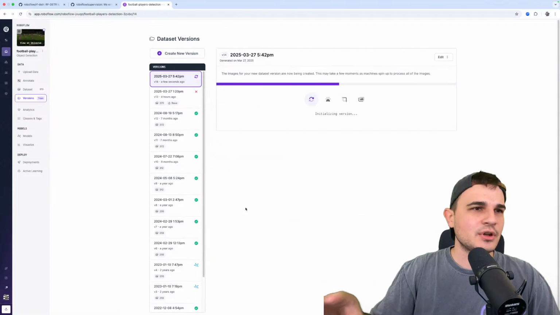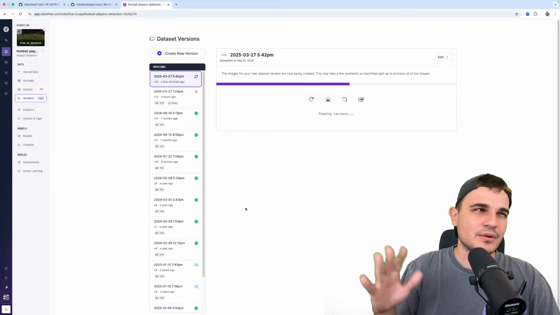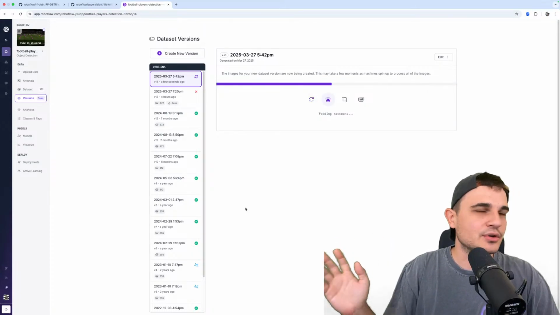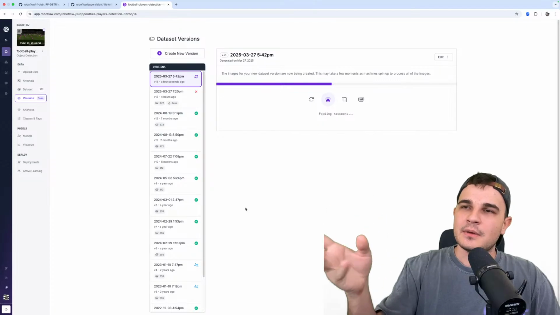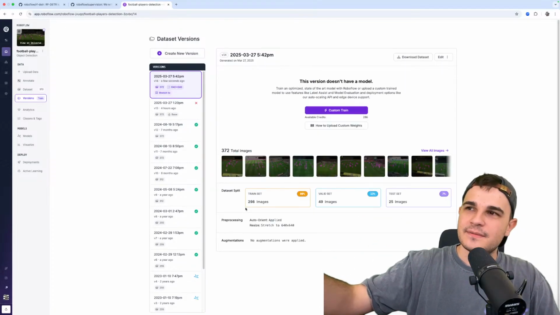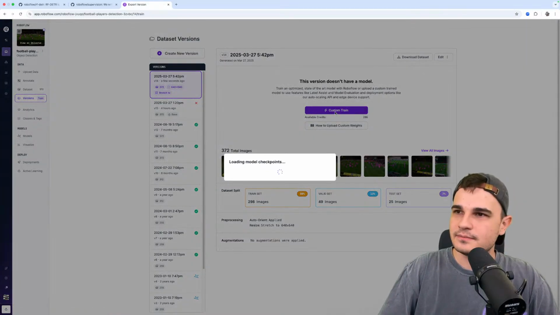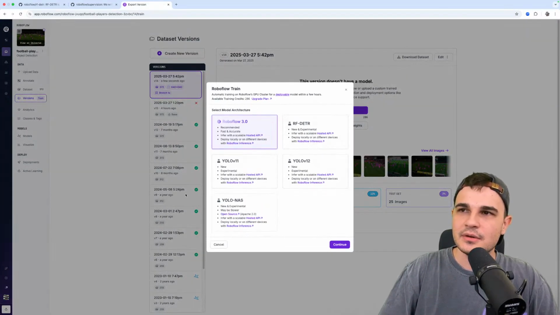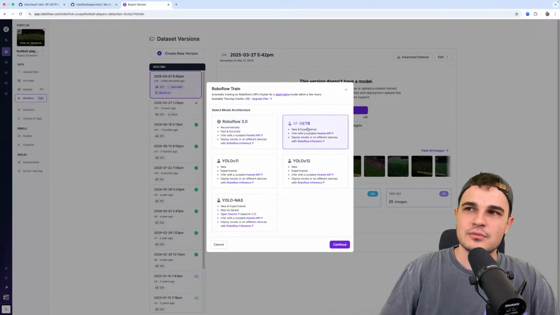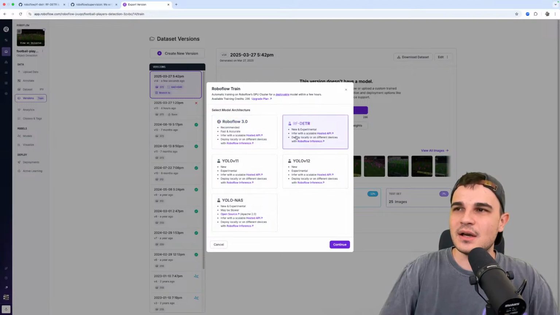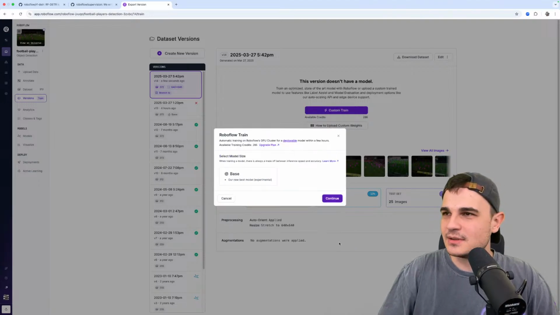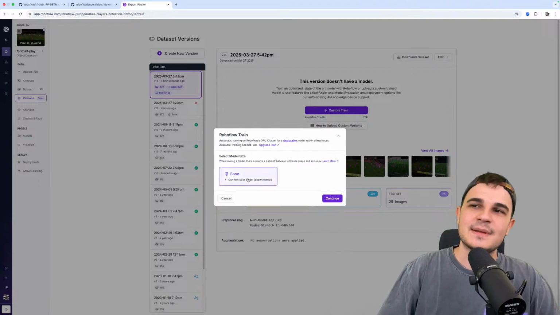So if we talk about training in platform where you don't need to run any code on your own, you need to have a data set, you need to create a version, you have the version, you click custom train, and here you get to choose the options that we support. You choose RF-DETR, still experimental, but it is what it is. You choose the base,